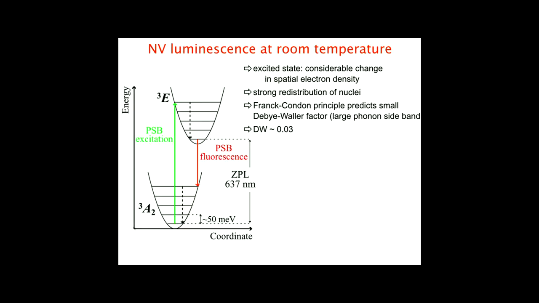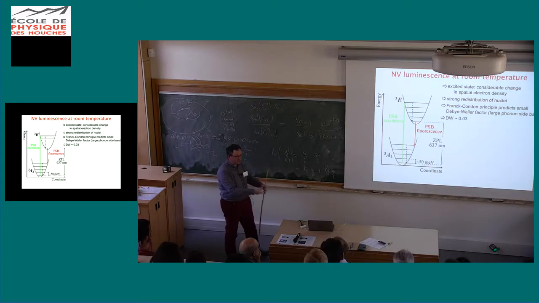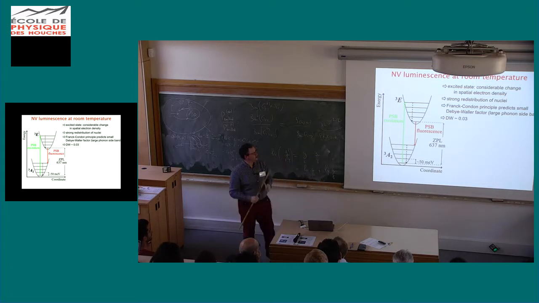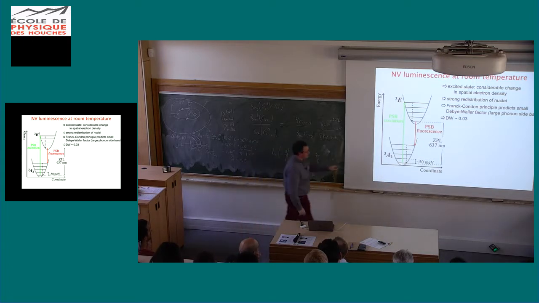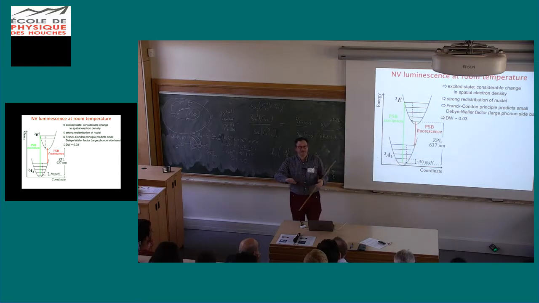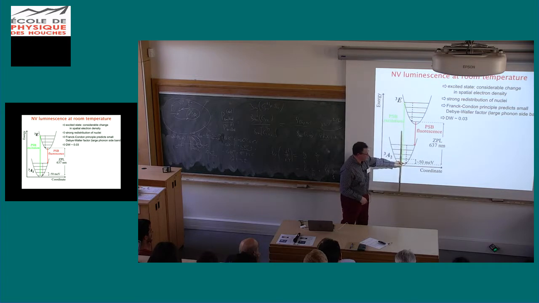And then I can exactly apply what I did with my toy model for the F centers. Now I cannot do it so simply, so I just have to write down the orbitals. But again, I will have an excited state in which there is a considerable modification in the spatial electron density. So this means that, again, remember the different potential curves that I wrote when I disturbed my box confining the single electron. I will have this potential for the ground state here and the potential for the NV